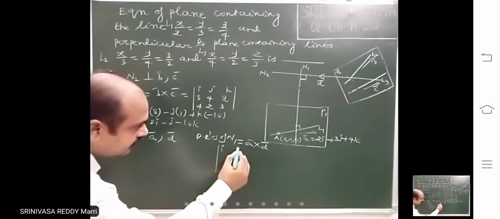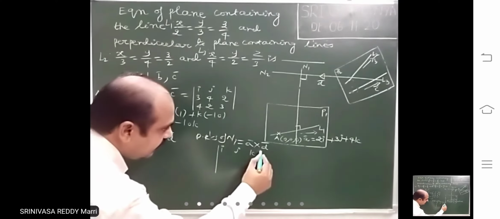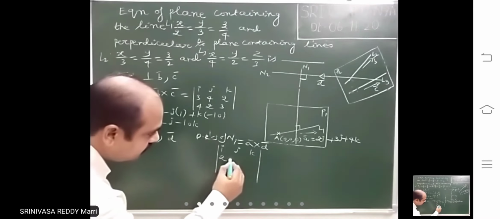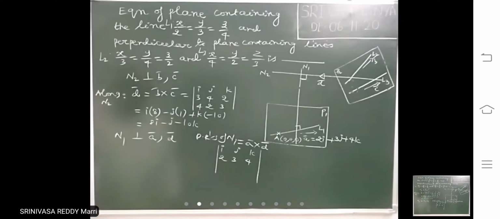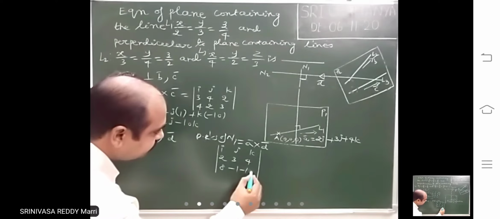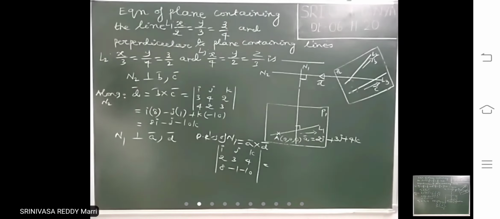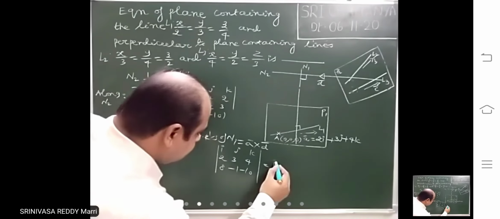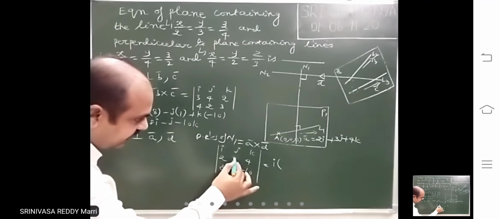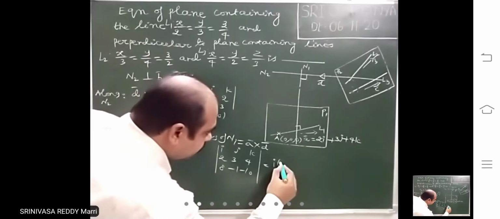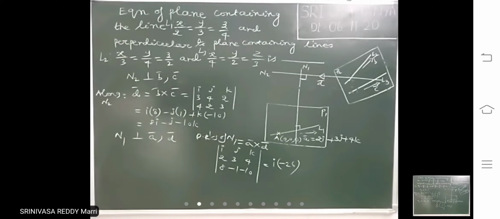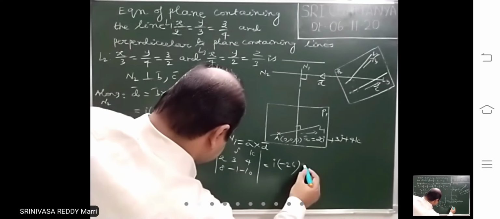So i, j, k. So what is A bar here? A bar is 2, 3, 4. So now this is 8, minus 1, minus 10. Right? So let us find out this vector. So i into, this is minus 30 plus 4. That means minus 26. So minus 26